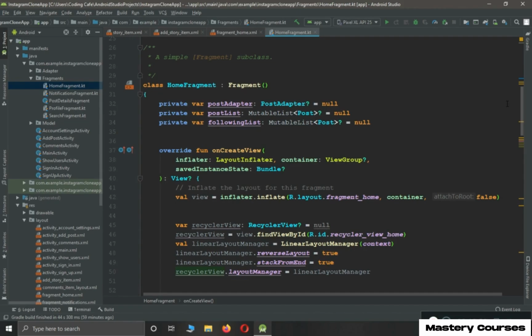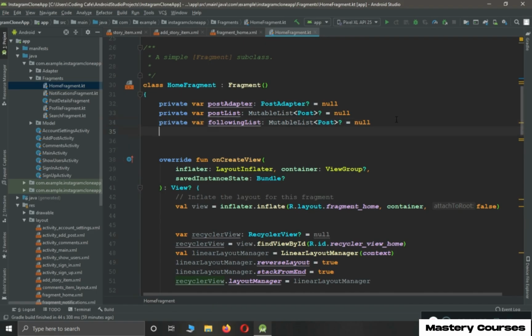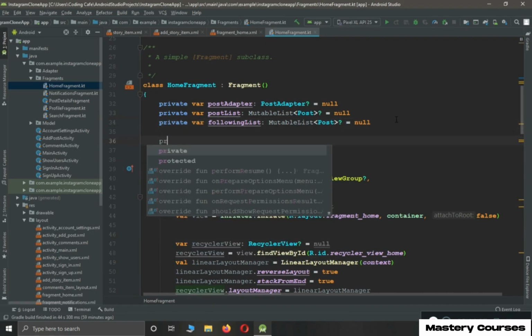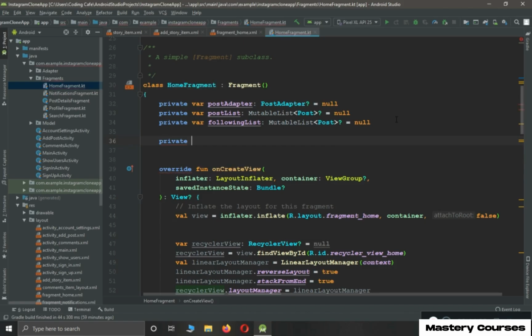So for that, you'll be needing a list in the adapter that you will create. Now we have to pass it, just like we do for the other things, that is for the images and for the comments, etc. Just like we created an adapter, you will do the same here for the stories. So first of all, we have to create a file by the name,